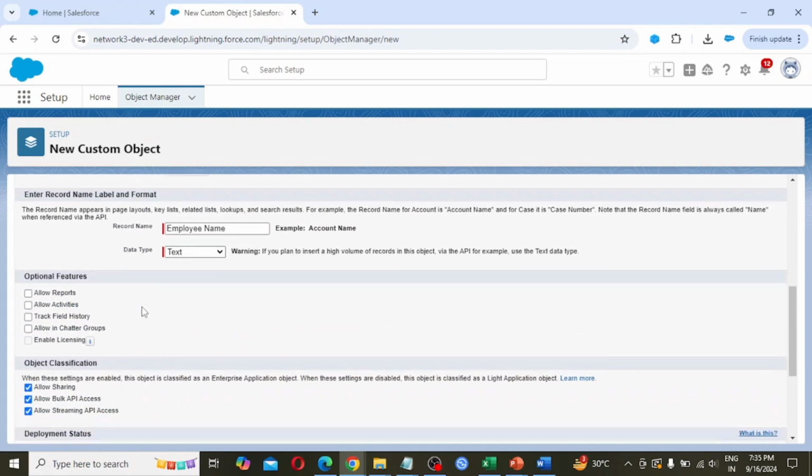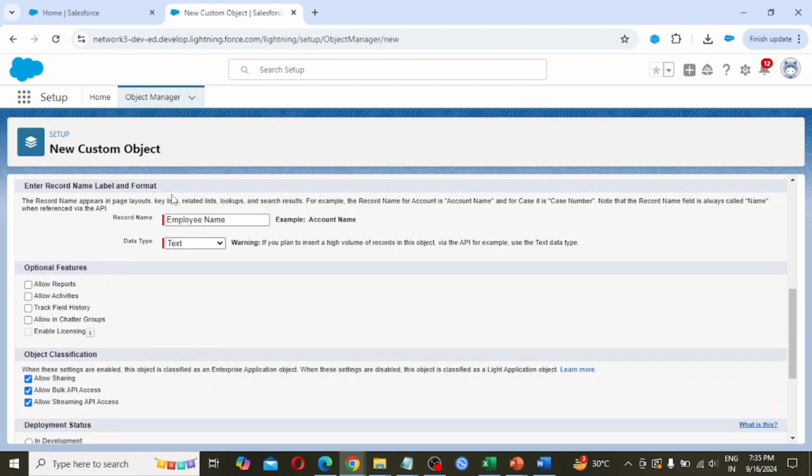Enter record name, label and format. The record name appears in the page layout, key list, related list, lookups and search results. For example, the record name for account is account name, and for case it is case number.